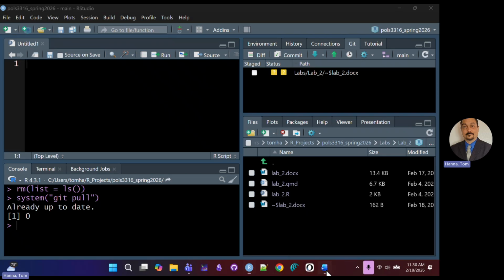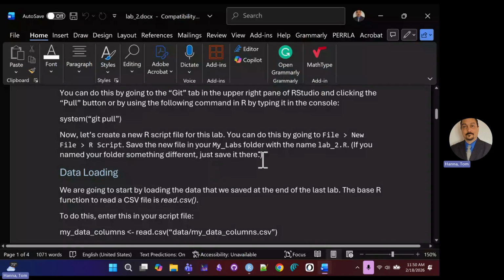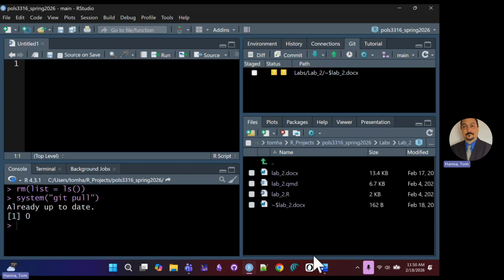So in this case, this is lab 2. I'm going to save it in, I suggested you make a folder called My Labs to keep your own work in. That's what I did. And I'm going to give it the name lab2r. Actually,